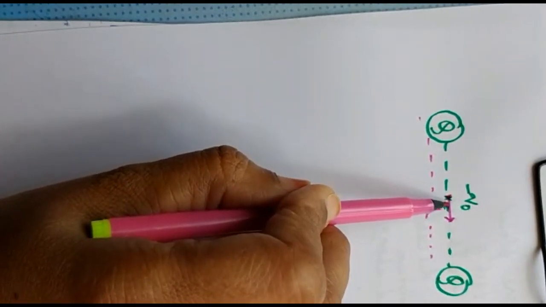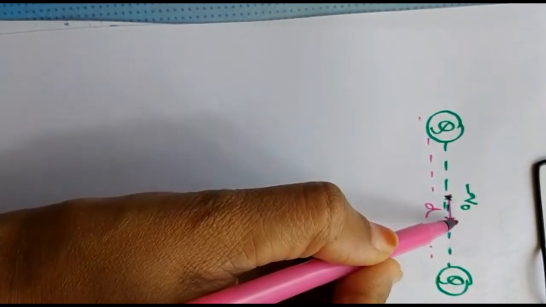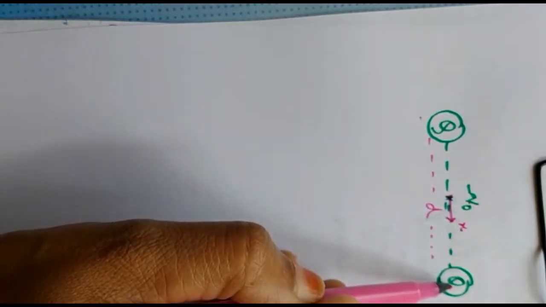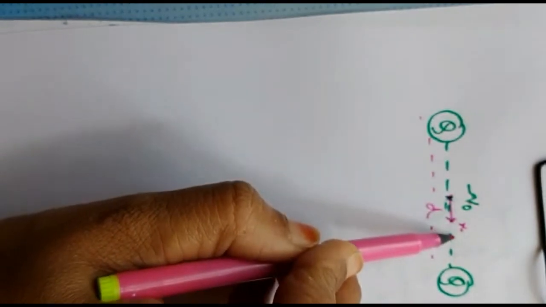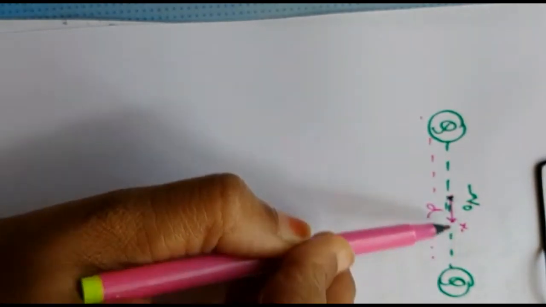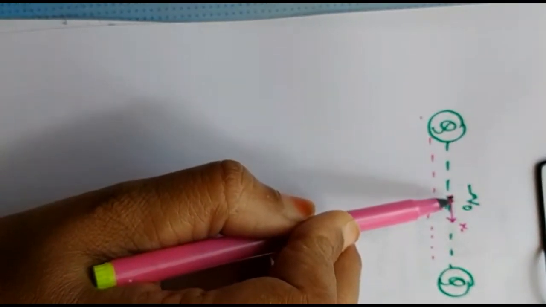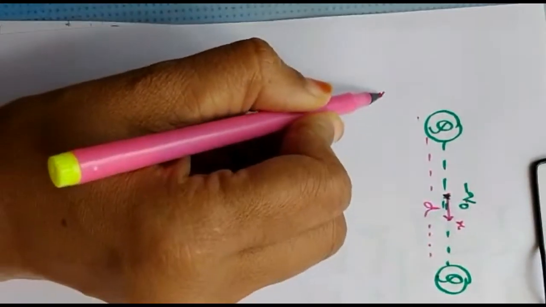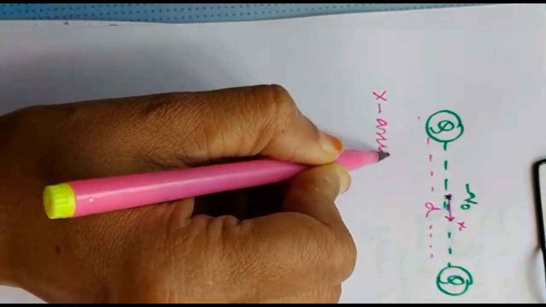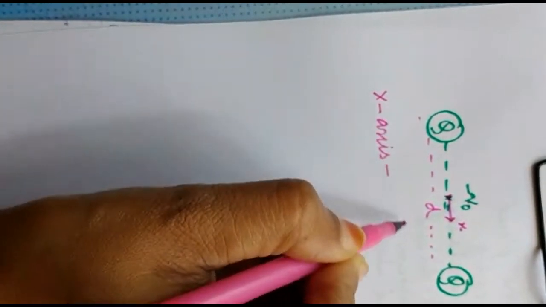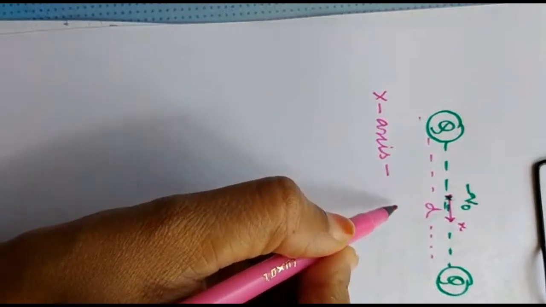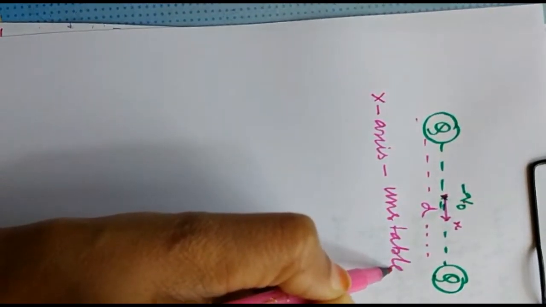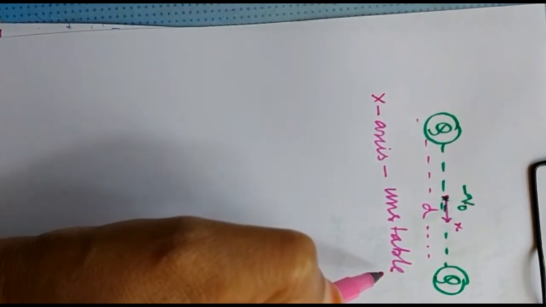Say when you displace it along the x-axis through a small distance x, the negative charge has come close to the positive charge. So it has a tendency to move towards this. It is not coming back to its original position. Since it is unable to restore its position, the nature of equilibrium for displacement along the x-axis would be unstable, because nothing brings it back to its initial position.